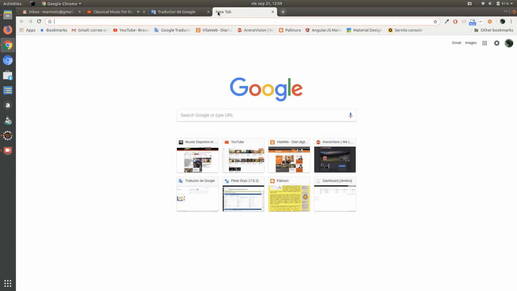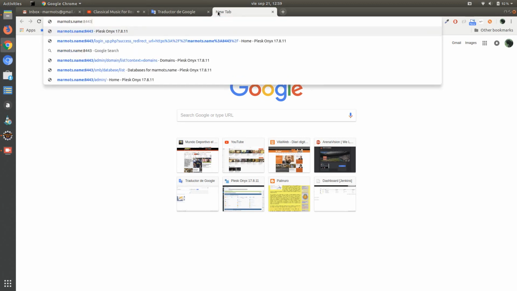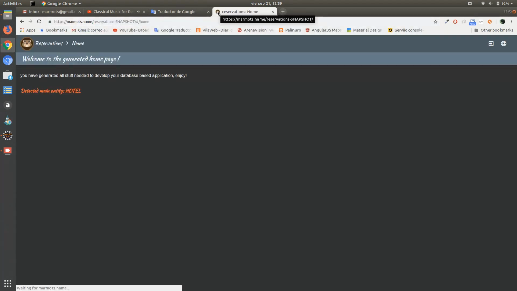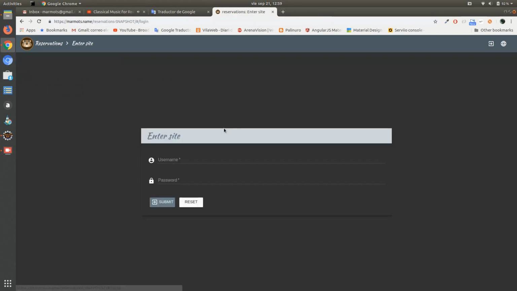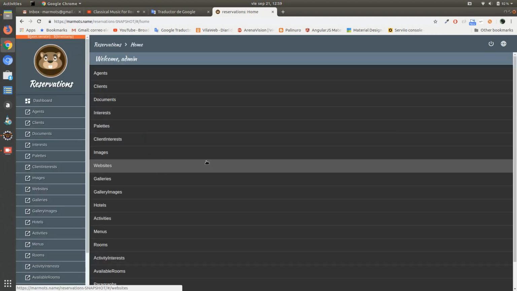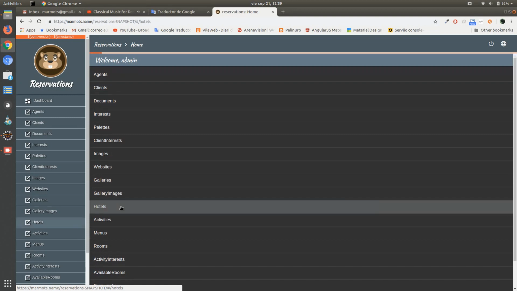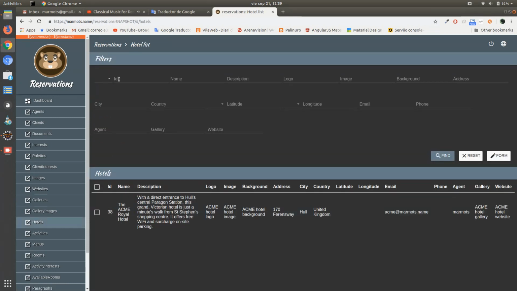You don't see it, but I've put on the costume of the functional analyst, so we don't know how to use Eclipse, code and so on. We are going to see the test environment. We are going to enter to make a review. We are functional, but we have an administration user, and we go to hotels, and we see a lot of fields